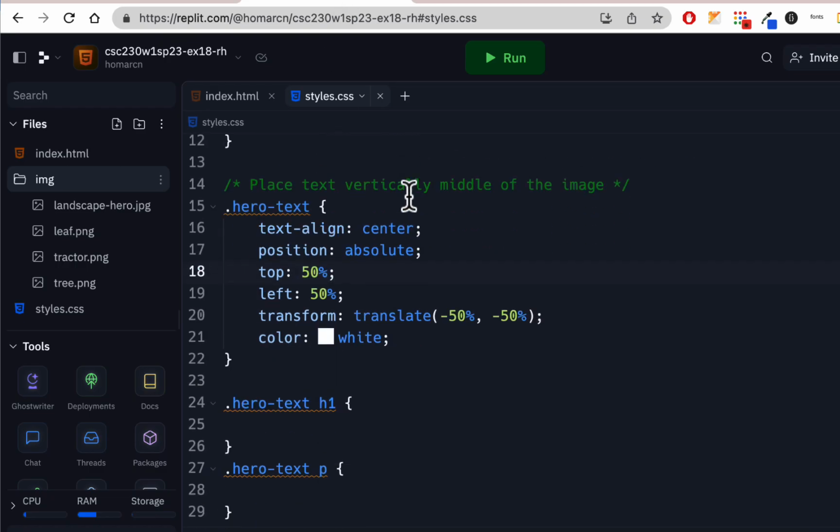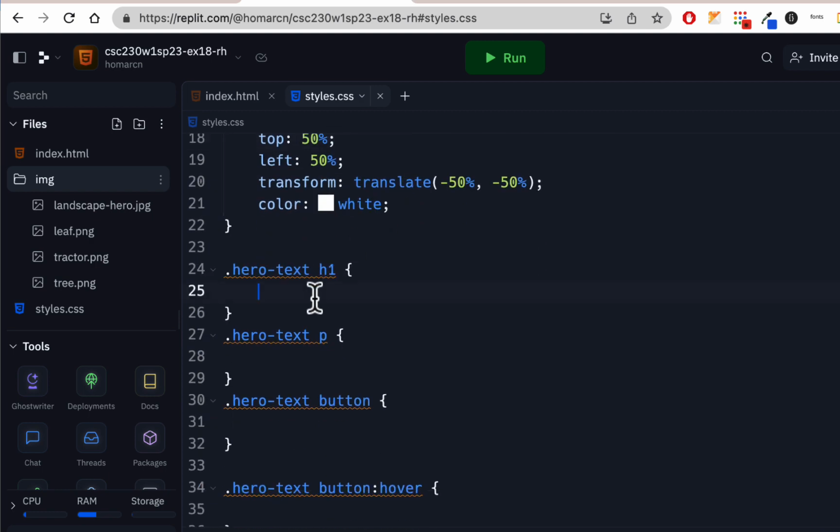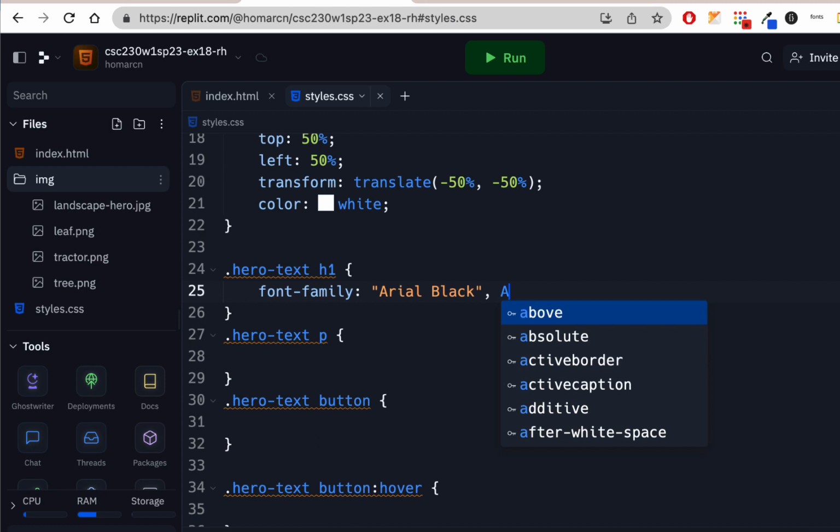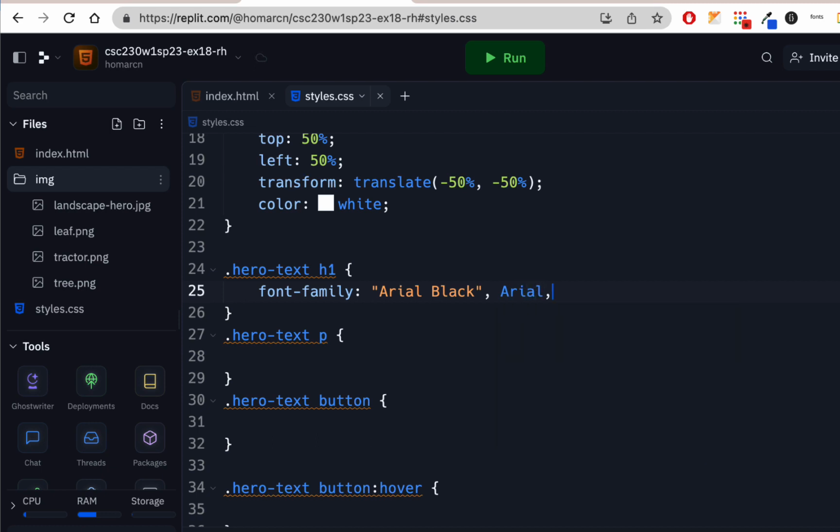We could style our hero text, and let's do a font family. And we'll do Arial Black. Now that's two words, so we're going to put it together. And if we don't have Arial Black, I'll use Arial. And if we don't have Arial, we should be okay. I'm just going to do sans serif. Everybody should have Arial, so that should work out okay. So I'm going to use that. And then here,